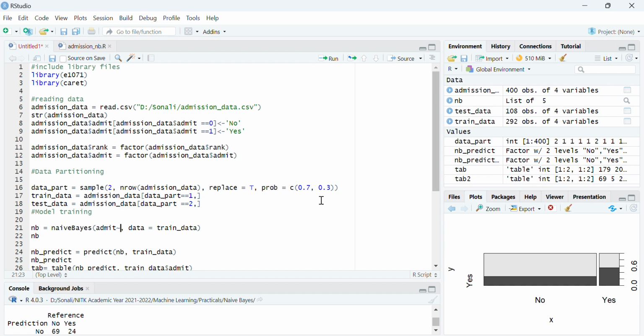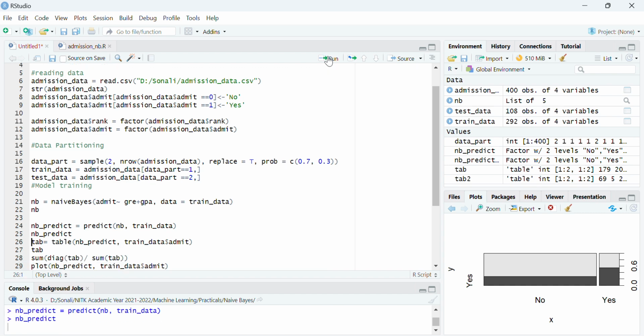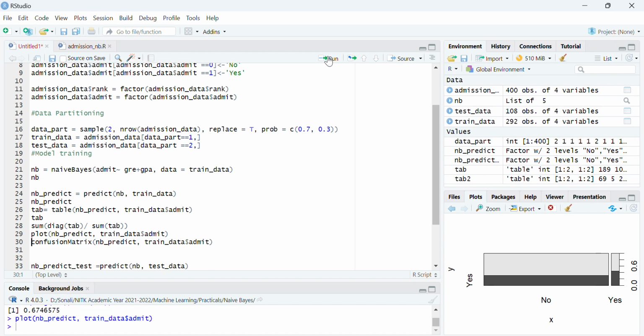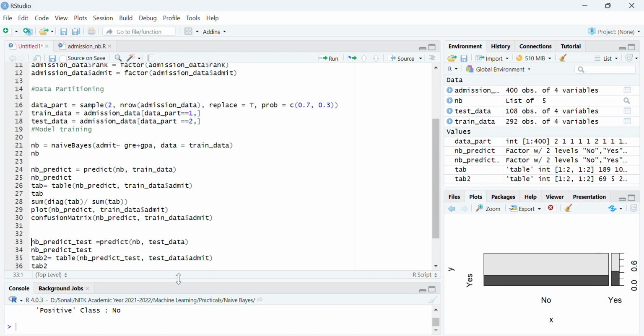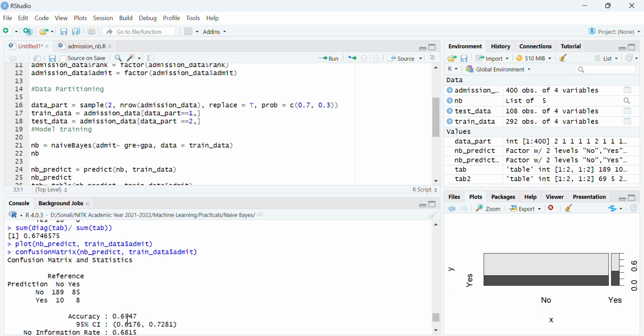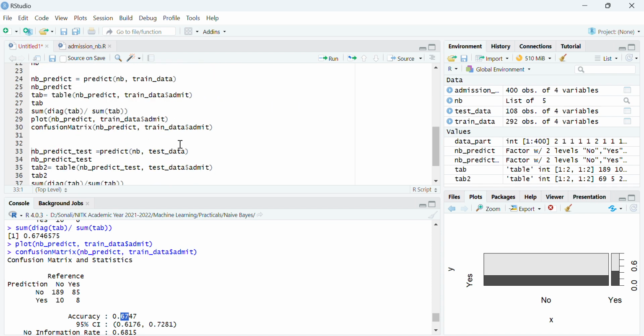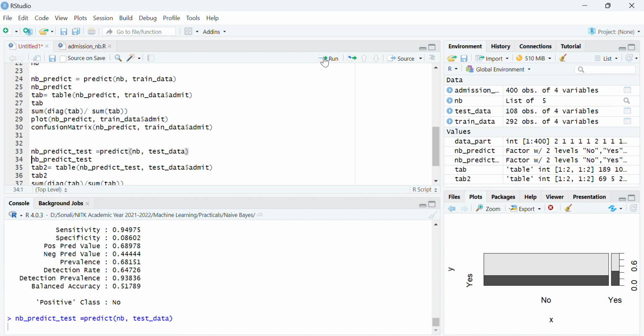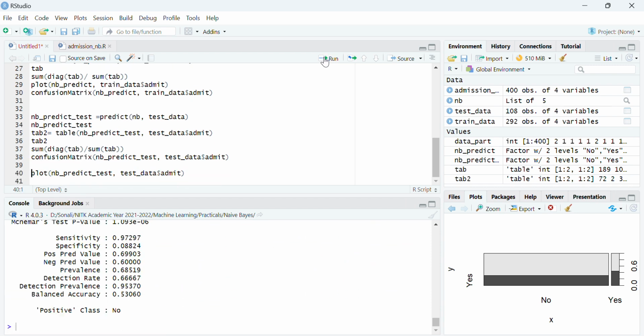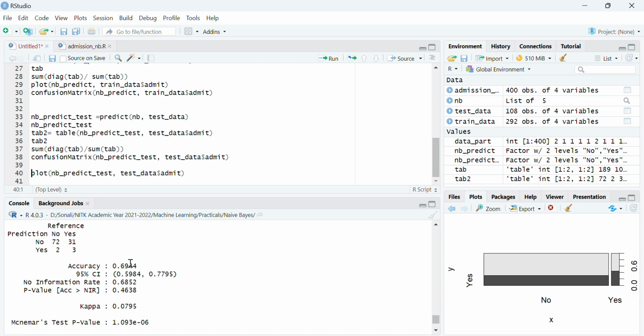But if you feel that you want to check which parameters are majorly contributing, let's say I am saying just GRE and GPA I want to include. I don't want to include the rank. Let's create the model all over again and just check what accuracy you are getting with this change. Here the accuracy dropped, it became 67%. For testing data also, let's see whether the accuracy has dropped or not. Yes, it dropped, I guess, to 69%.